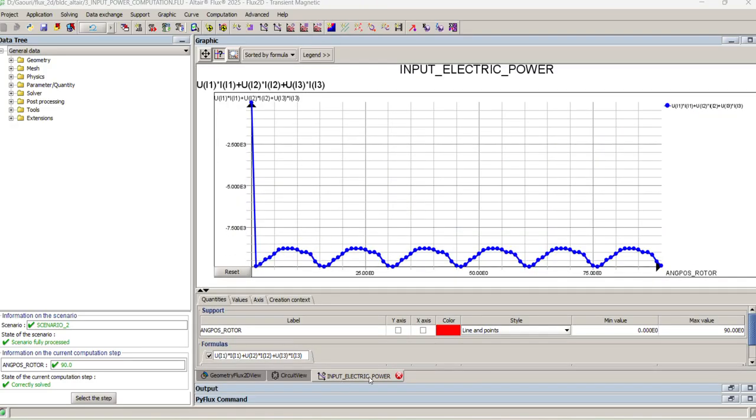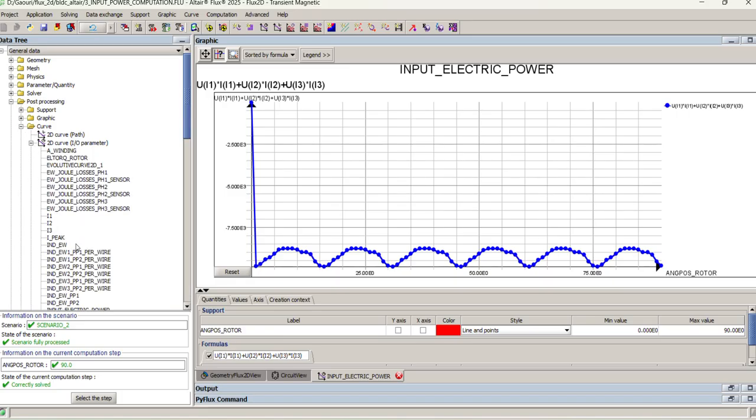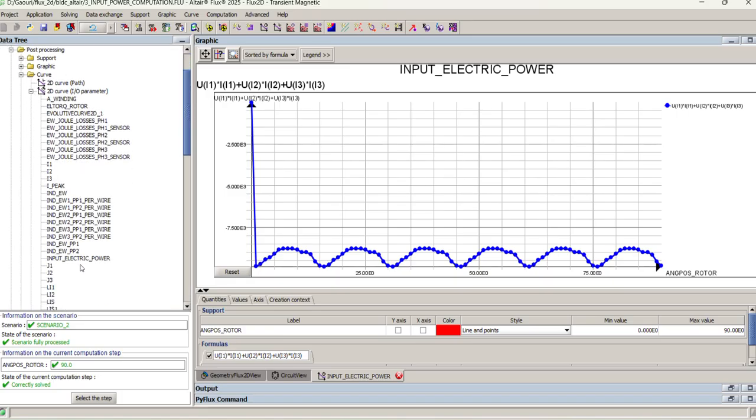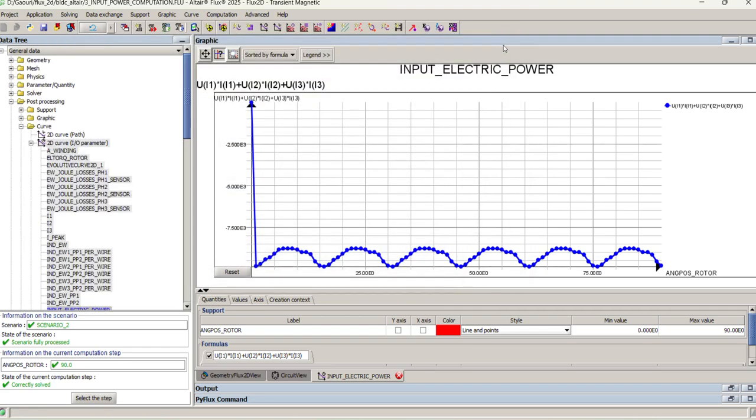Here we can see the graph of electrical input power, and to see the value of input power, we need to go here. In post processing, we can see the rectified mean value is approximately 9.1 kilowatt as input power,